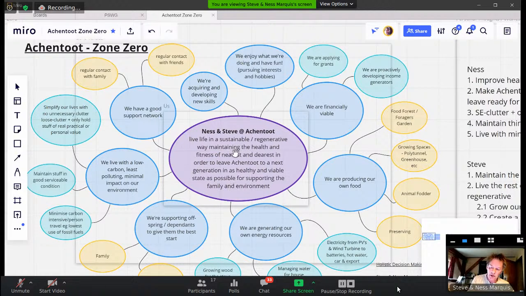but the middle one, we're just basically writing up who we are and what we want in life. And the blue one's on the outside, the next level out, how we want to sort of measure things. It may be that one of them doesn't really matter. We're producing our own food. We'll get to that stage and really it doesn't need to be there. And it might turn into something else, or it might just disappear. So this is a kind of a moving thing, but it's a great way of, if it works for you,